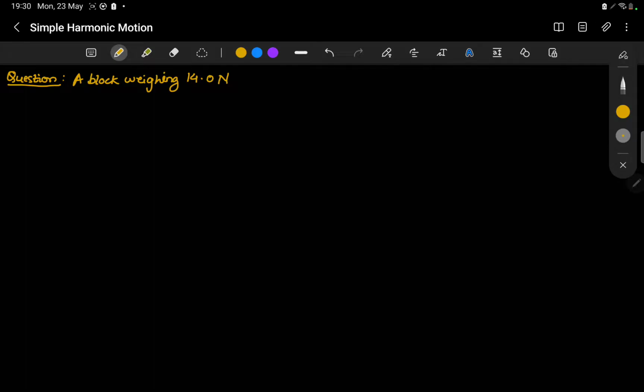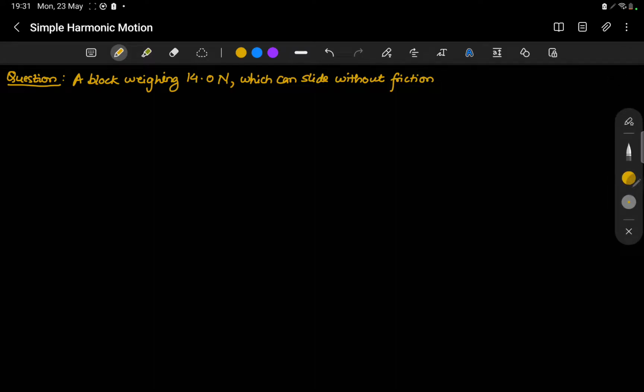So a block weighing 14 Newtons, which can slide without friction. Even in the horizontal case, we considered that there is no friction, and in the vertical case there is no question of friction. So which can slide without friction on an incline